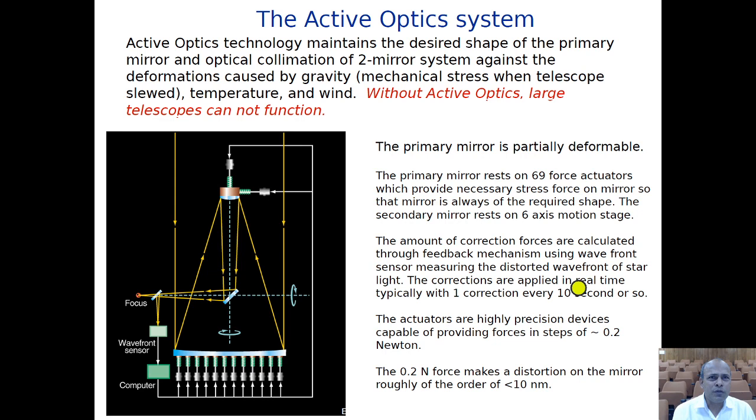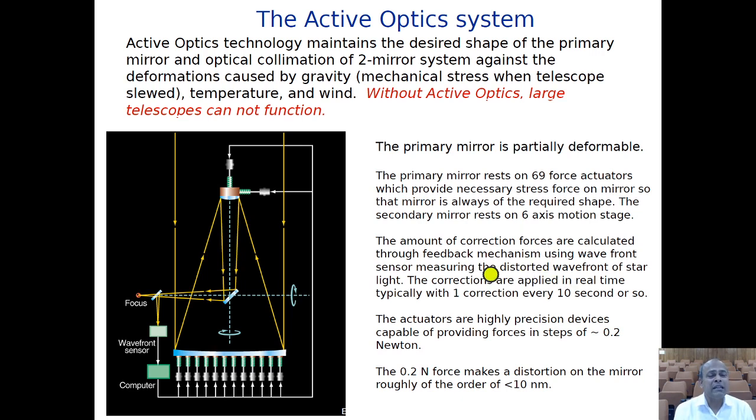So the amount of correction forces are calculated through a feedback mechanism, as I told earlier, using a wavefront sensor, which again we measure from starlight, and these corrections are applied in real time. Typically these corrections are applied one correction every 10 seconds. In fact, there are two level corrections. One is the open loop corrections, which we know with altitude, particularly the gravity corrections, which are applied every second. So with a rate of 1 hertz, we apply this open loop correction, and then there are closed loop corrections